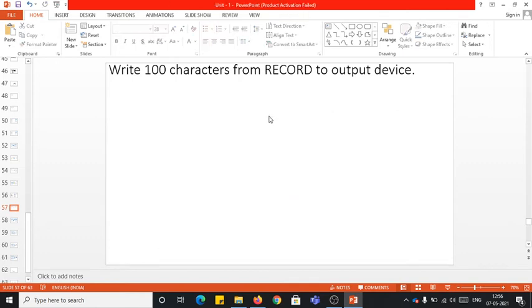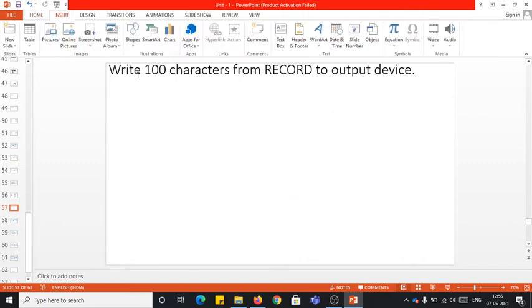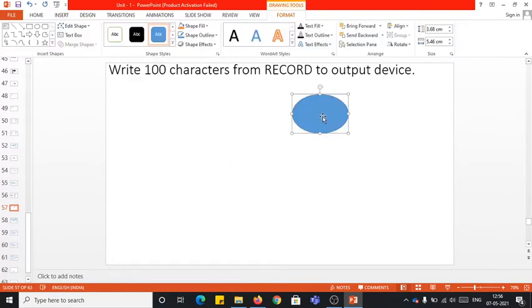Again, as I showed in the previous example as well, right now also let me state here that this is the output device, and I hope you remember the output device number as well, which is 05, which we have used. Okay, this is 05, right?